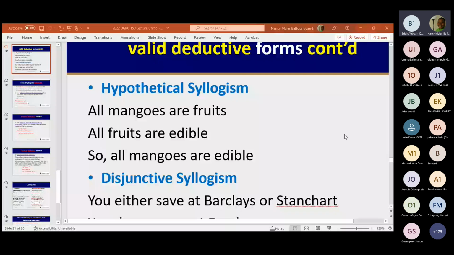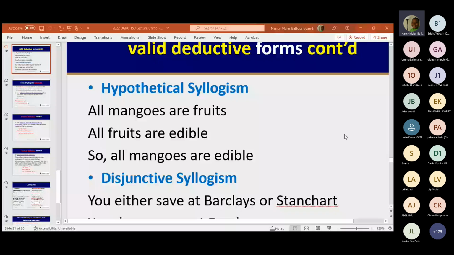So will it be valid if you conclude by saying all X are Z? Oh, that's the pattern we have been doing all this while. All X are Y, and then the second premise says all Y are Z. Yes, all mangoes are fruit and all fruit are edible. That's what we have been doing. Therefore,